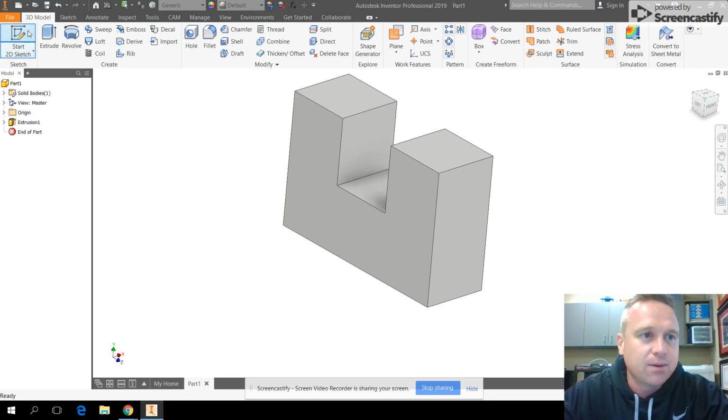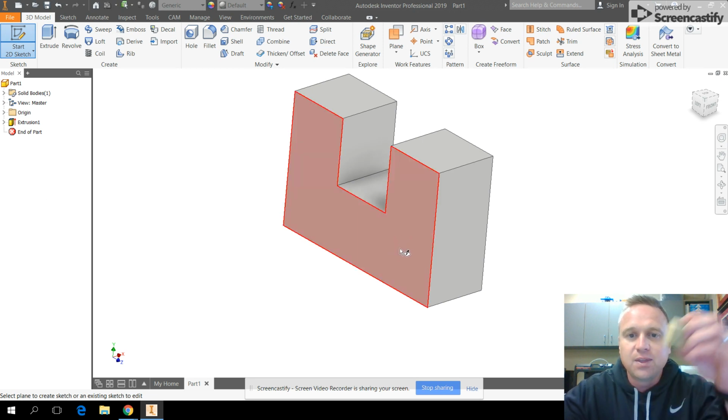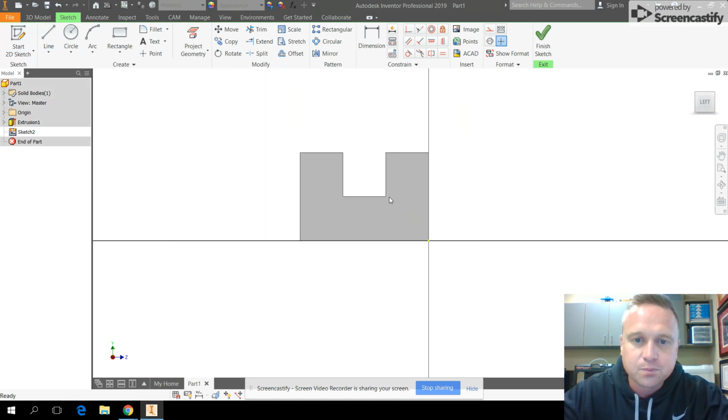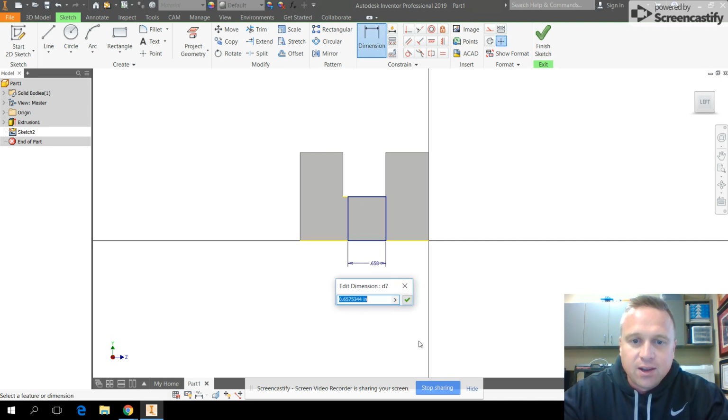And so to do that, I'm going to click Start a new 2D sketch. And I'm going to click on this surface because this is a surface I want to make that sketch on. So when I do that, then I can again grab my line tool, or in this case, let's use our rectangle tool. I'm going to draw a rectangle right where that other box should go. So I just drew a rectangle. I can now get the dimension tool. When I do that, I can dimension between these two lines. And I want that to be 0.75. So when I have that dimension in, and I have that the sketch is fully constrained down here,